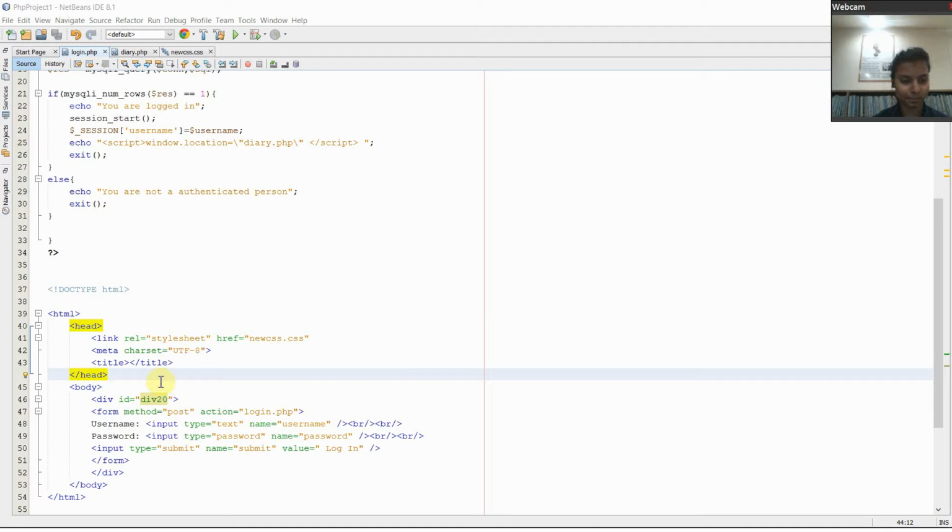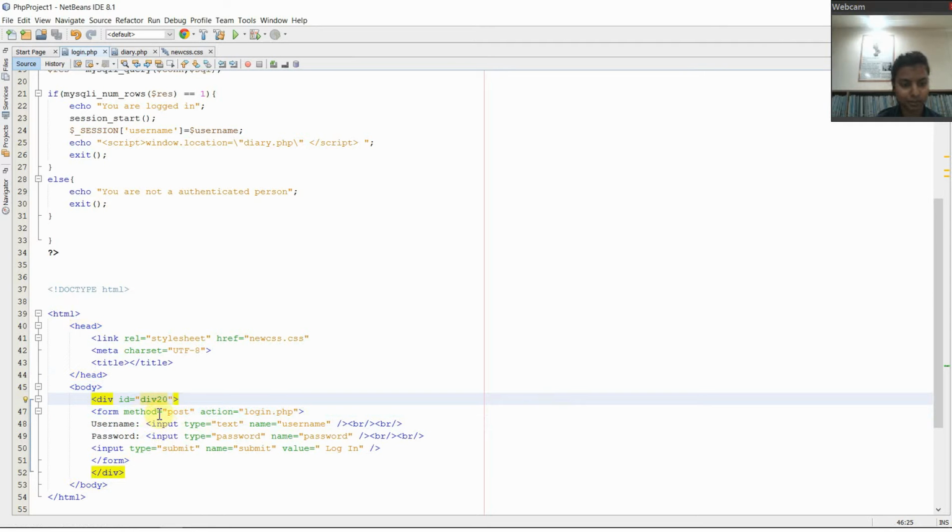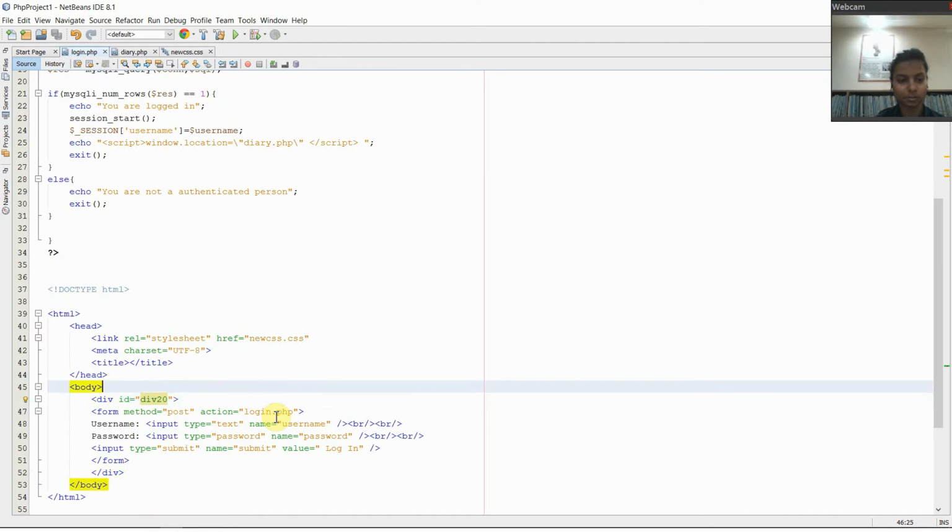We'll create an HTML page using CSS. We are using the form method post. The action is login.php, in which we'll get the input username as text, then the input for the password as password, and then we'll add a submit button and label it Login. The moment the page gets the login, we'll move to the login.php page,